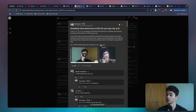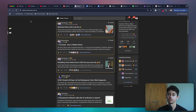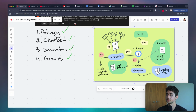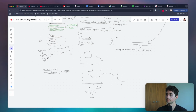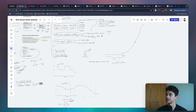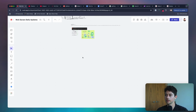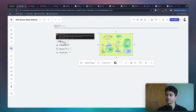And it looks like it's performed pretty well. We got a lot of views, a lot of likes, and so on and so forth. I think I offered a lot of value. I built it out in LucidSpark, which is the app here. If I just run you through, not the whole thing, there's a fair amount that I wrote and visualized. I'm reticent to use the term taught because I don't really think of it as teaching. I think of it as showing